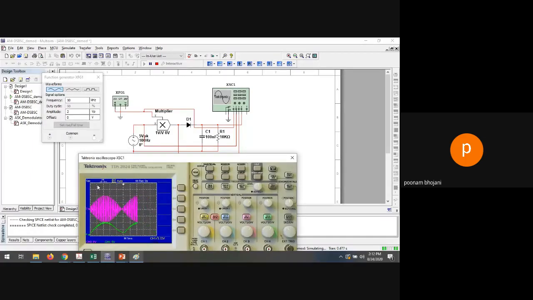Okay, so you are getting this type of, see, this is your envelope. If you see this envelope, then the same envelope waveform you are getting here. The envelope is being followed. The positive envelope is the output. Okay, so the positive envelope is the output of your data. So this is the demodulation.